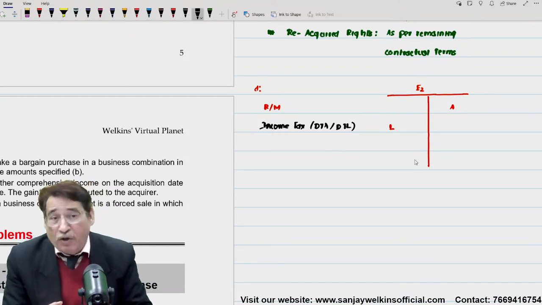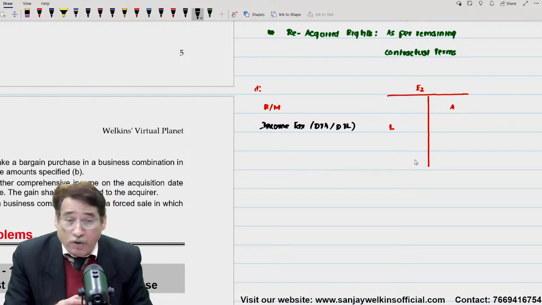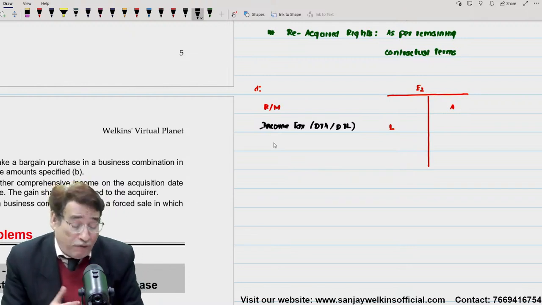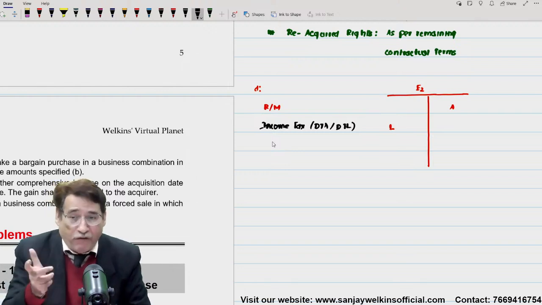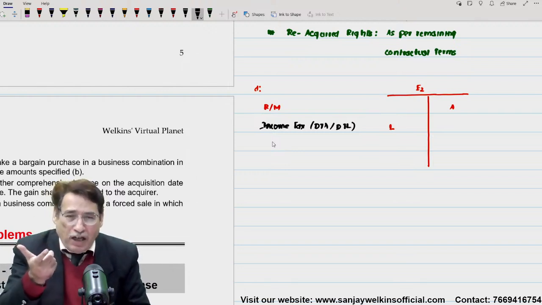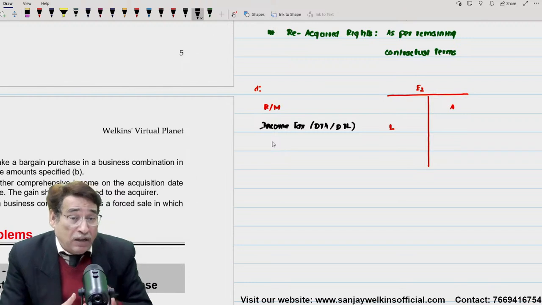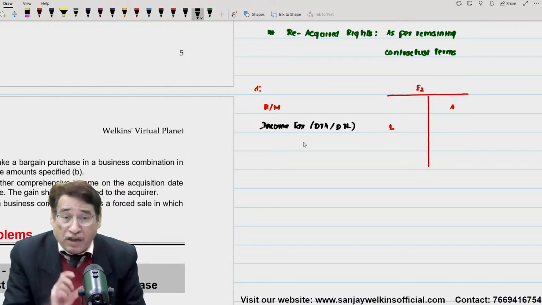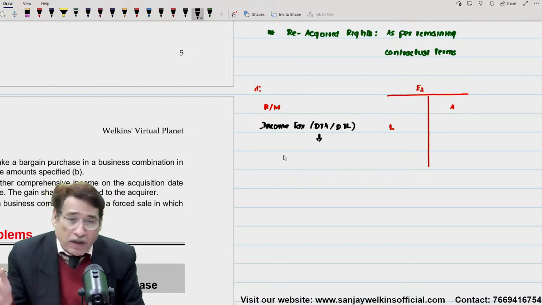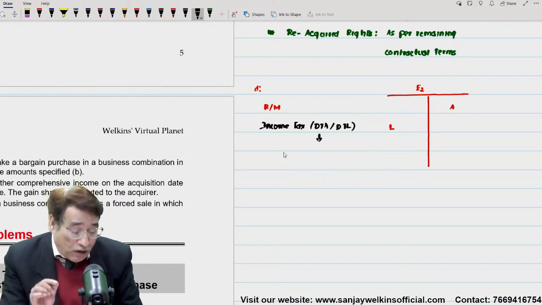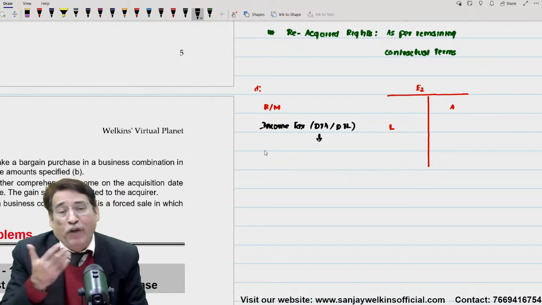Obviously, these assets are not recognized by acquiring company, no doubt about that. But we will have to recognize them because we are taking over all the assets and liability at fair value. Because of change in values, it gives rise either to deferred tax asset or deferred tax liability. So we will have to recognize income taxes, number one, and it will not be recognized at fair value. First of all, they haven't recognized it, but we will have to recognize it.